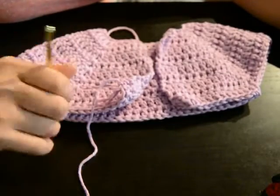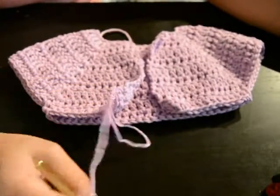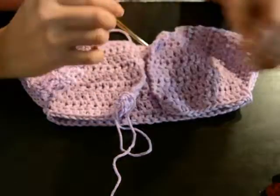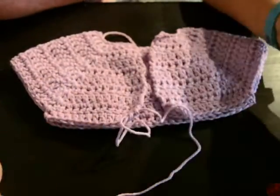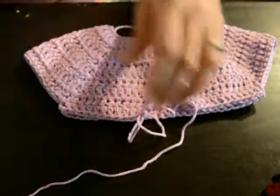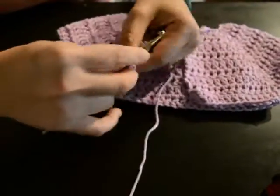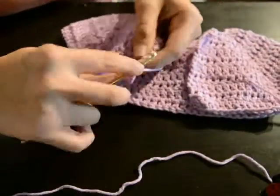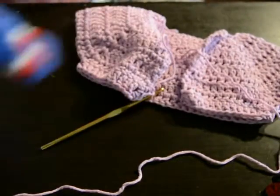If you want to do a straight down cardigan, you just go back and forth in double crochets or half double crochets, single crochets, whatever you want, I guess. And then once you get to the bottom part, you could go ahead and crochet around the whole sweater. For the button band, I'll just go ahead and show you what I mean. Let's say this is the end of the sweater. I've now crocheted all the way down to the bottom, and I want to do my button band. Usually I do one single crochet row all the way around before I do the button band row, and then I do a single crochet row on top of the button band row, because it gives it that